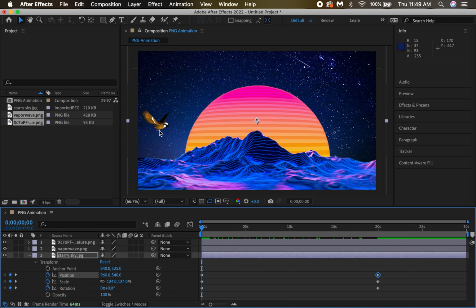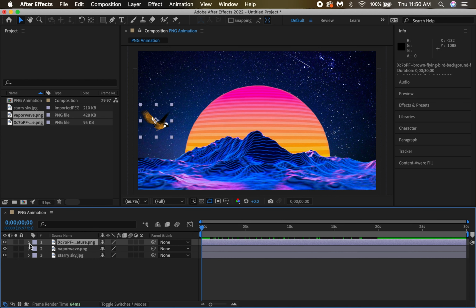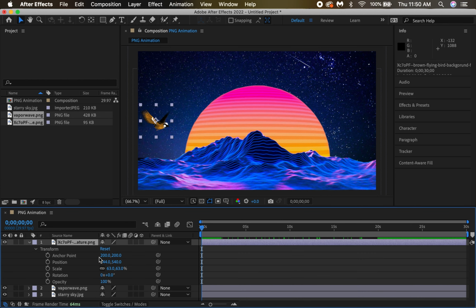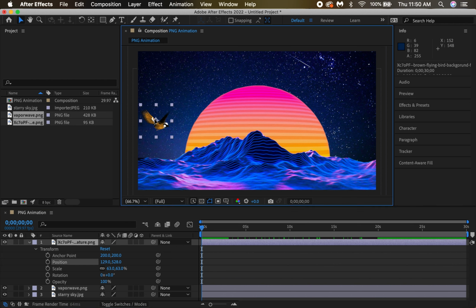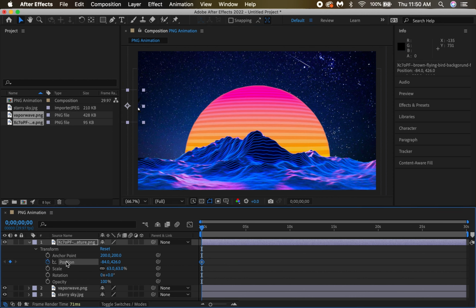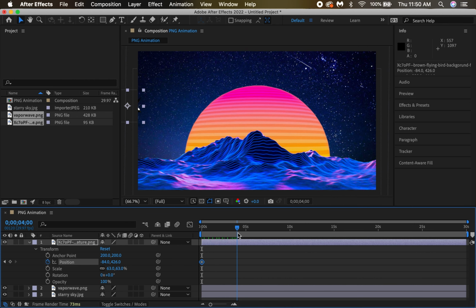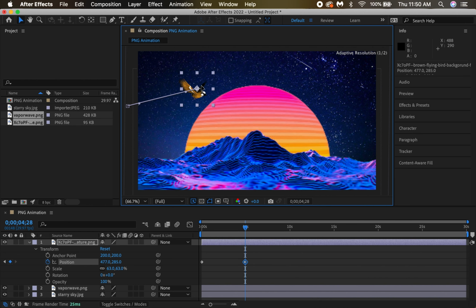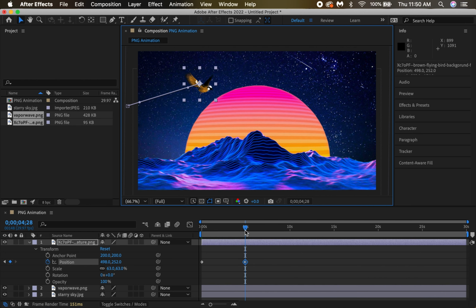So now I'm going to animate the bird. Again, I'm going to choose my file, that's this one for the bird, and in this case, I'm going to move the bird just a little off screen to start the animation. And just like I did before, I'm going to just scale position for this one. And this one I'm going to give a little more movement to, so I'm going to stop at 5 seconds, move my bird, then I'm going to keep going,